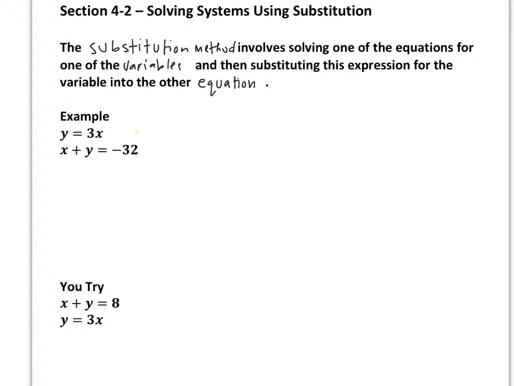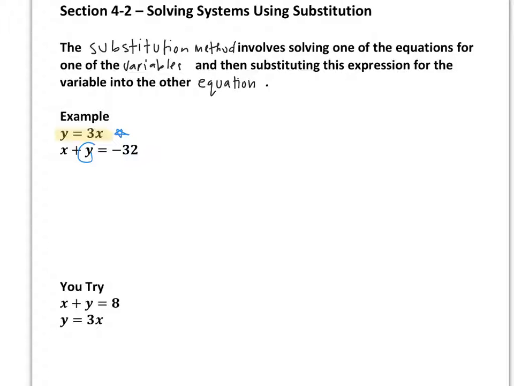Well, as we see here, our first equation is y equals 3x. The substitution method involves solving one of the equations for one of the variables. Well, this first equation here is already solved for one of the variables. Solved for one of the variables means a variable is by itself on one side of the equation, in this case, y. So y equals 3x. So the substitution method says I can take that y equals 3x and substitute that in for y